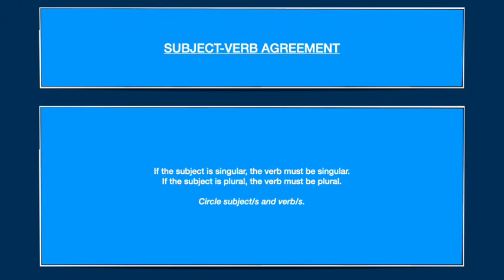Usually, 99% of the time, you're going to be switching the verb. So you're going to keep the subject as it is and then change the verb to either be singular to match the subject or plural. That's the most often you will change and alter that verb. So let's go through some examples and you'll see how it's put into practice, because